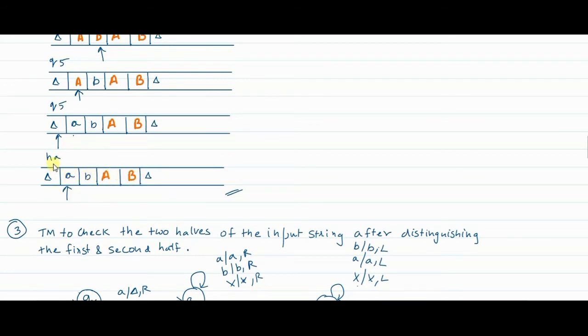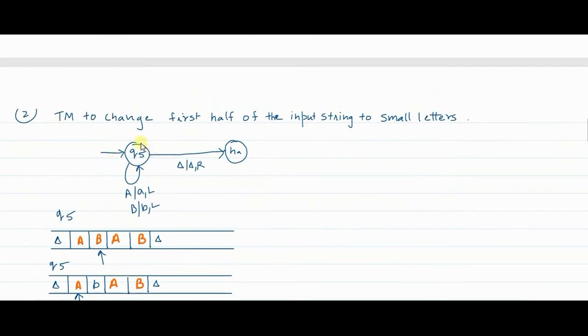So let's continue. Q5 was an extra state generated here. Now in the third Turing machine, this halting state will be the input state of the third Turing machine. So I will rename this HA as Q6. The third Turing machine will start from Q6 onwards.